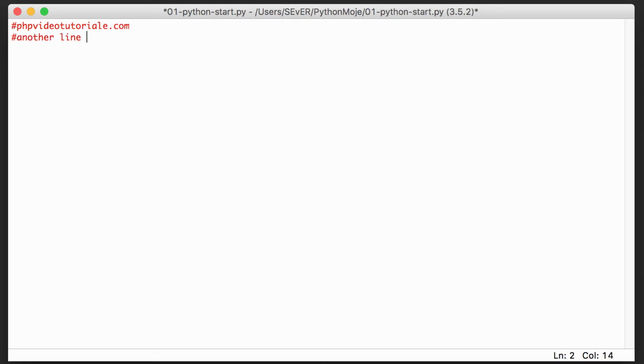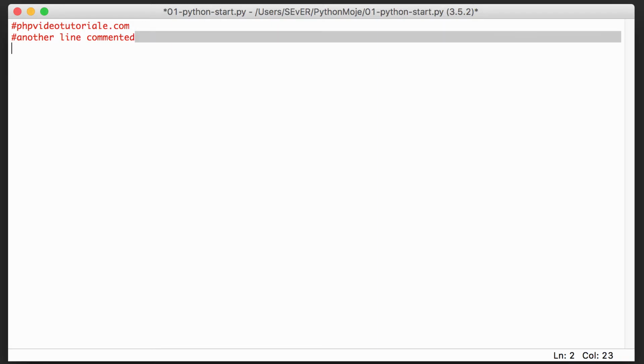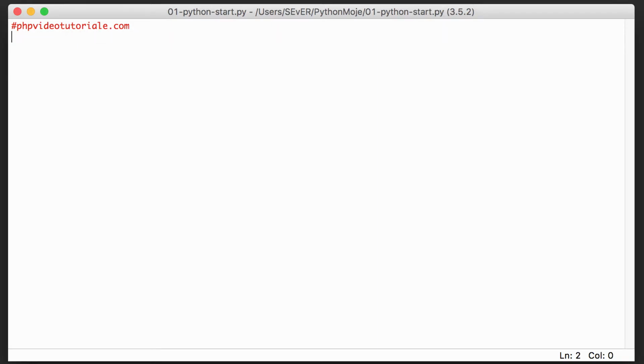Another line, commented, boom. Python knows this line is not code, it's just a comment. If I write some code, I can comment it as well, so Python is not going to process it. It's going to walk through it, but it's not going to use it.